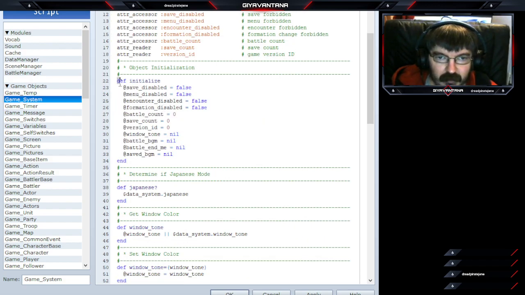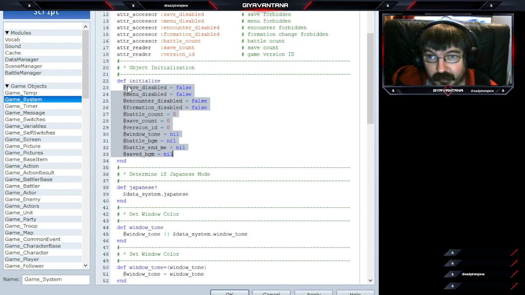Okay, so we have our object initialization, the constructor for the class. Here we're just initializing all of the instance variables to their default values. Save disabled will be false because the player can save, menu disabled will be false because the player can access the menu, encounter disabled will be false because you can get into battles, formation disabled will be false because you can switch to party order,